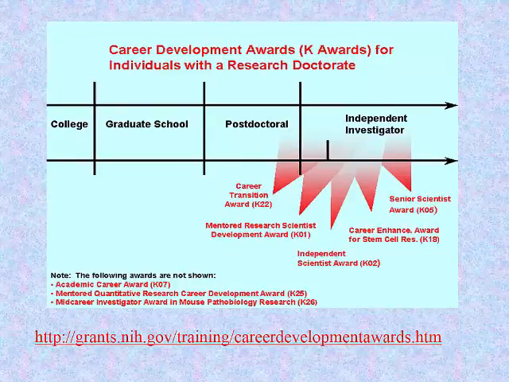This is more from the website, and this picture is really for people who have a research doctoral degree. So I think when you look at this picture, it's similar to the last one, which is more for clinician scientists, but this one is more for PhD scientists, and where in the developmental pathway one might be applying for these awards. And again, along with these pictures, if you go to the link, there's some text explaining the rationale for who should be applying for which ones.